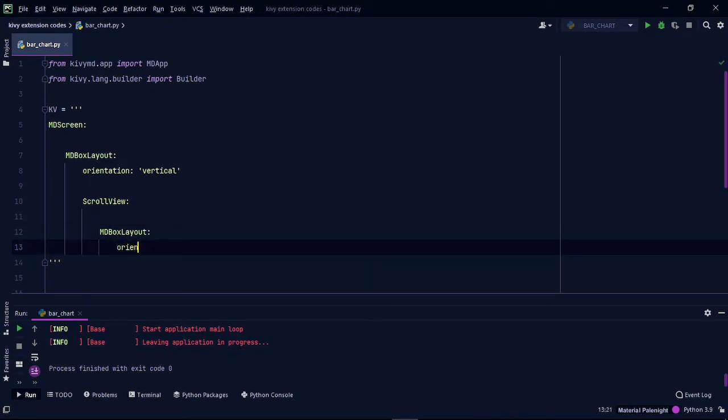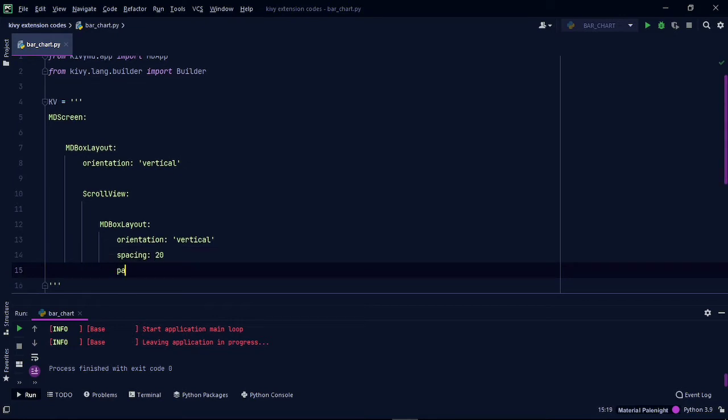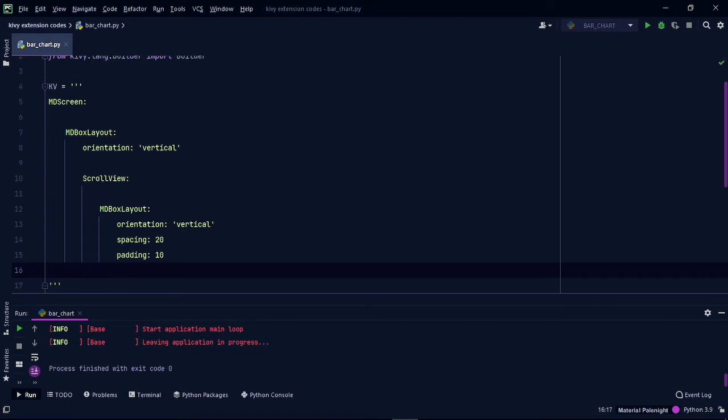The orientation will be vertical. Spacing will be 20, and the padding will be 10. To set the height of the layout to minimum, we have to set adaptive_height true.